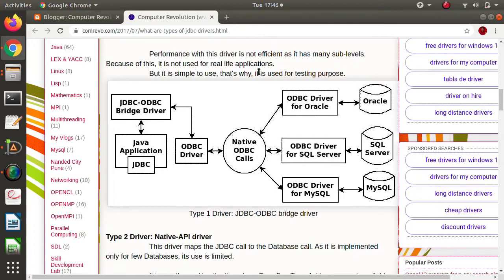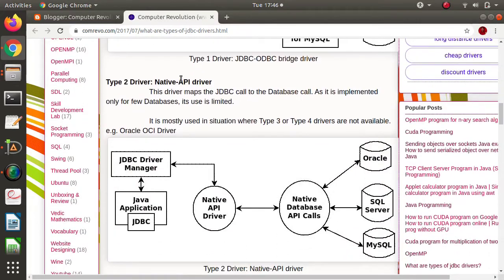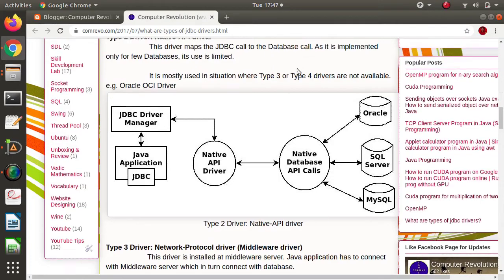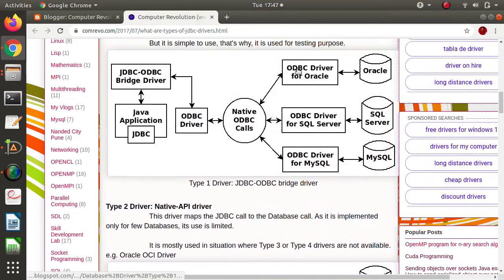We have another driver, and that is called the native API driver. It is called a native API driver because it is provided by these particular databases. In the sense, Oracle is providing its own driver, SQL Server is providing its own driver, MySQL is providing its own driver. In the Type 1 driver, the ODBC driver was freely available.